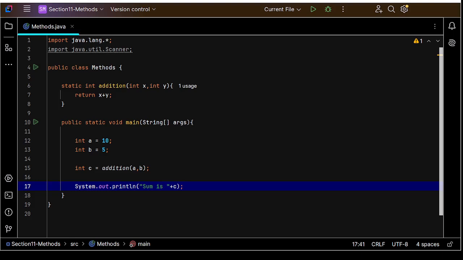I have a question for you guys now: if we pass this data here and modify it, for example if we do x plus plus, and while printing, what will be the answer? Will it change or not? So the answer is it will not change,